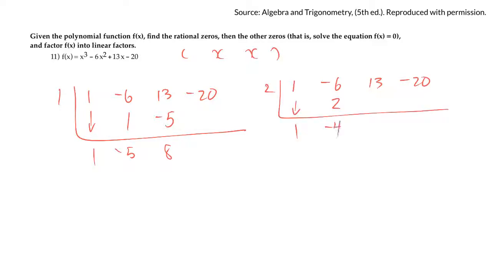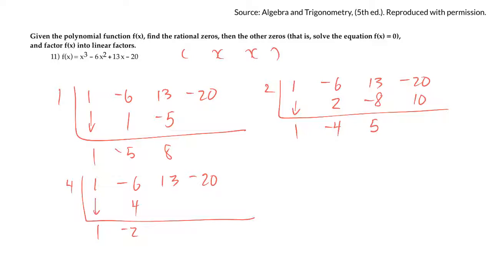2 be negative 4. That'd be negative 8. That'd be 5. That'd be 10. No, that didn't work either. How about 4? I'm just trying to think of what number it could be. 1. So it'd be 4 minus 2 be minus 8. That'd be 5. Hey, there we are. There we go. Okay, so this gives me x minus 4 is a linear factor, and then I have a